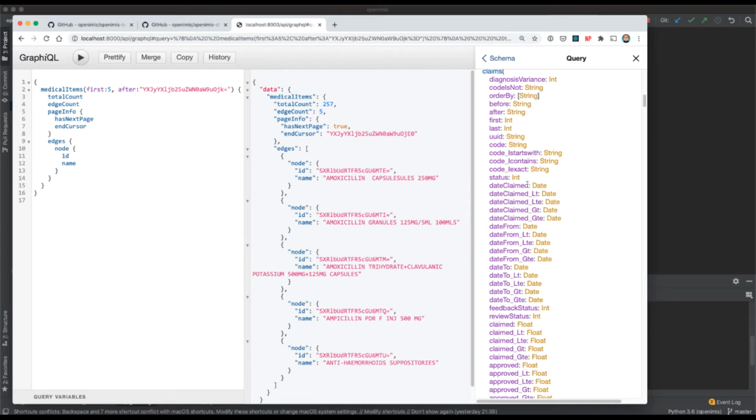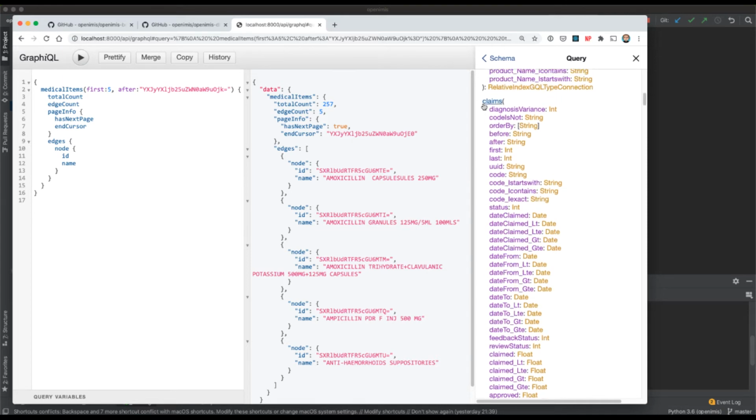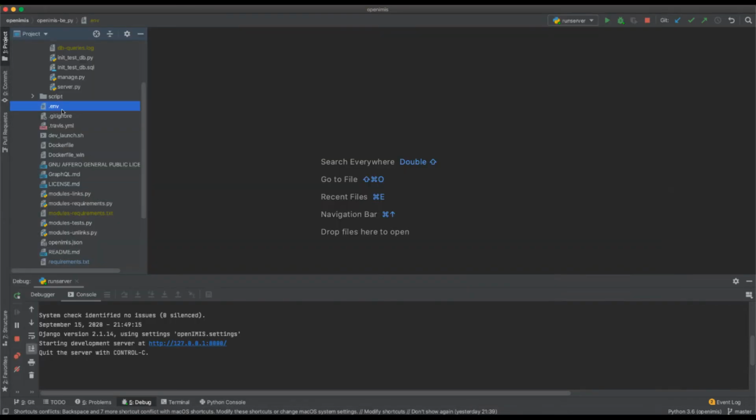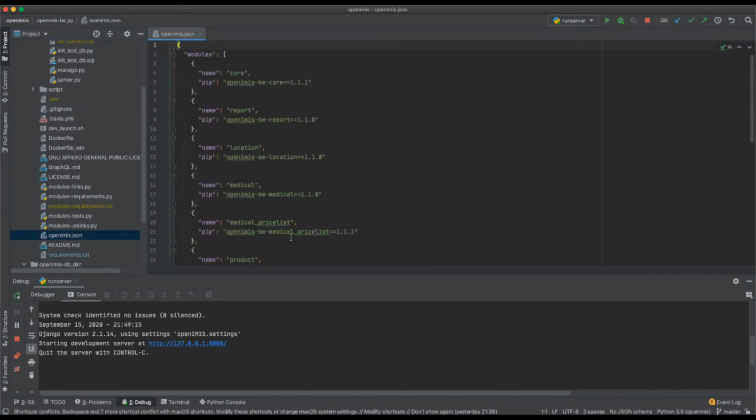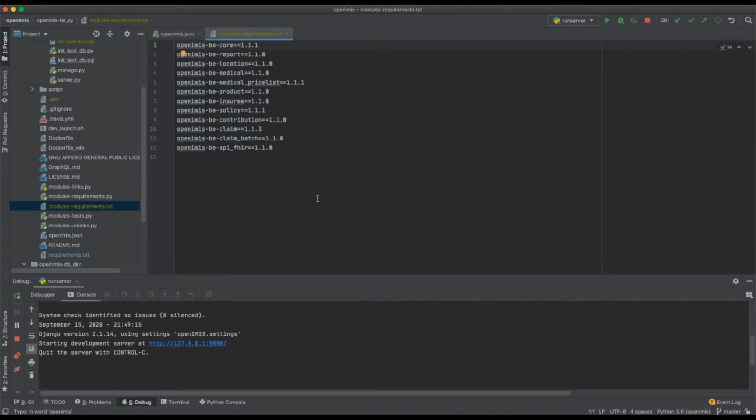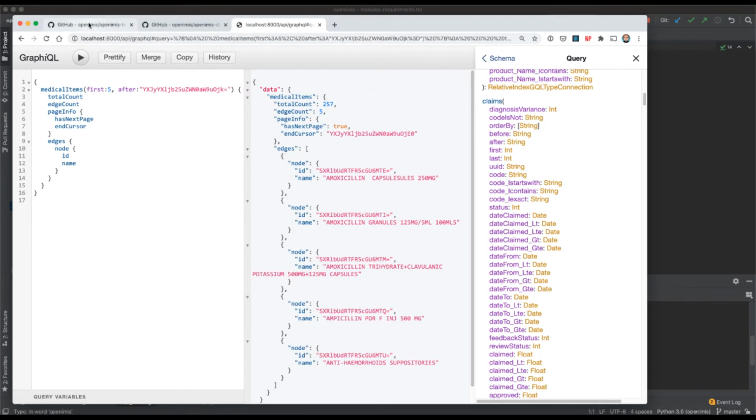Now that you have seen these objects, and if you want to see how they're defined and how we can extend them or change them, if you look at the code, well, there's not much in here. We don't see these details. If you look at the openIMIS.json, we see that we have a number of versions for the modules and generated the modules requirements. So we downloaded a ready-made bundle for all these items. What we want to do in this case is not to use the bundled version, we want to install the actual module. So to do that, we come back to the GitHub,